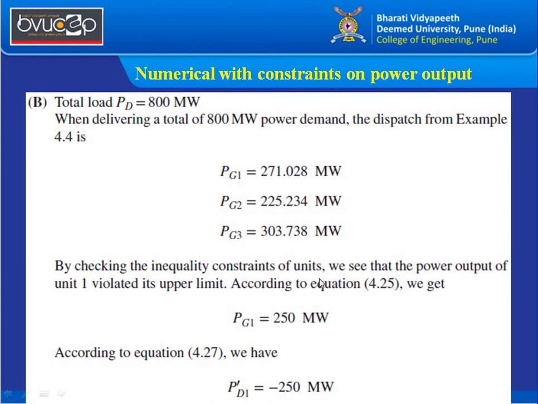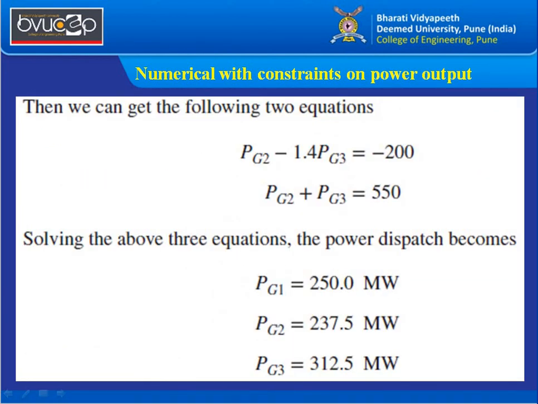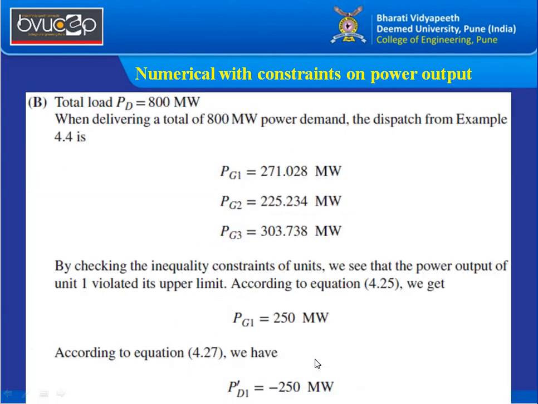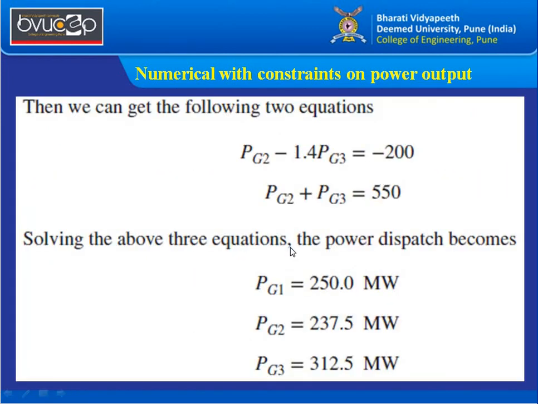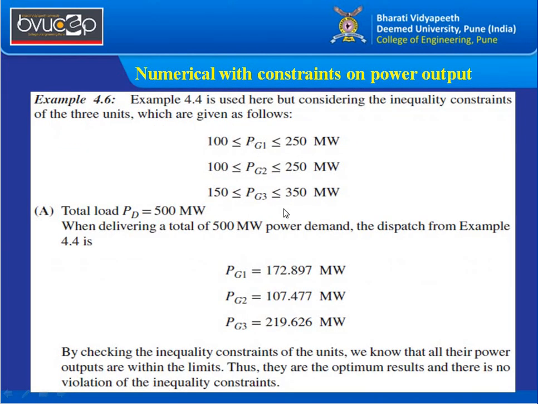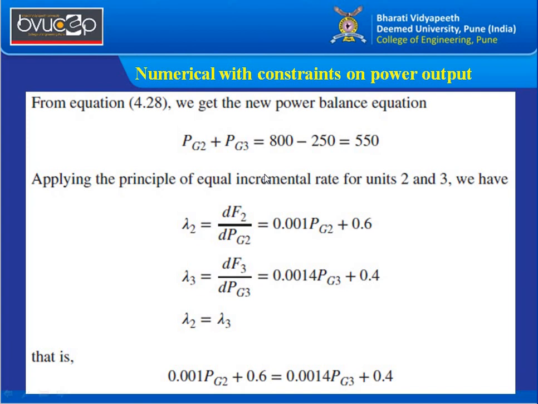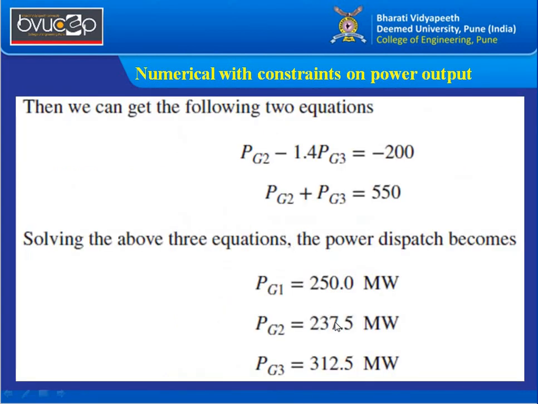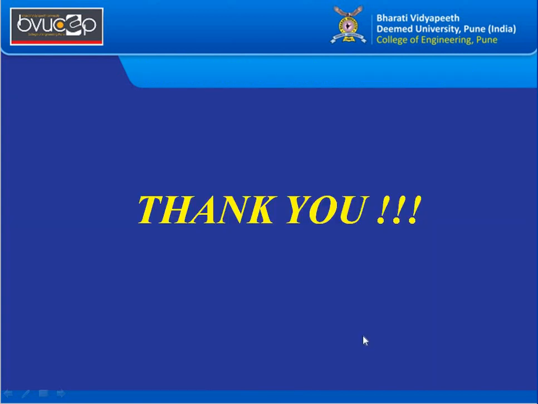250 because it had violated the limit, so we brought it back within the maximum range, on the higher side of the maximum range, and accordingly Pg2 and Pg3 generation is adjusted within the limits. So these three results are going to be the optimum analysis for the particular equations. Whatever these three equations we got are okay as long as there is no limit on the generator, but as soon as we impose certain restrictions or limits on the generator in this particular range, if one is violating the limit, then we have to do certain adjustment in the other two so that we get the optimum results, and when we get the optimum results, they should have no violations.